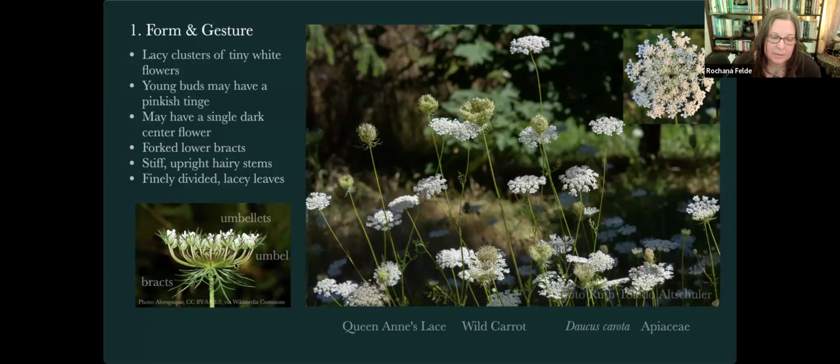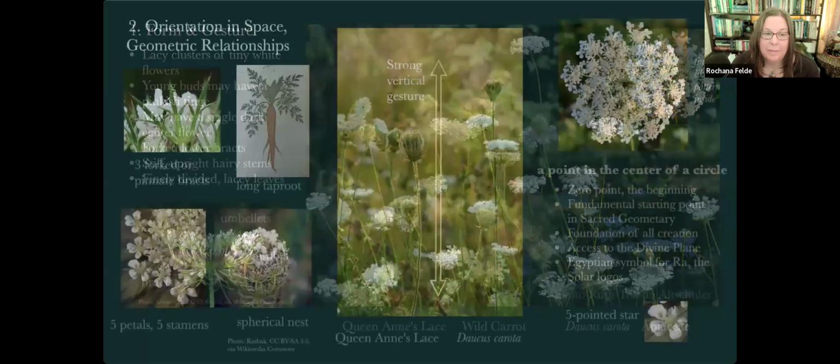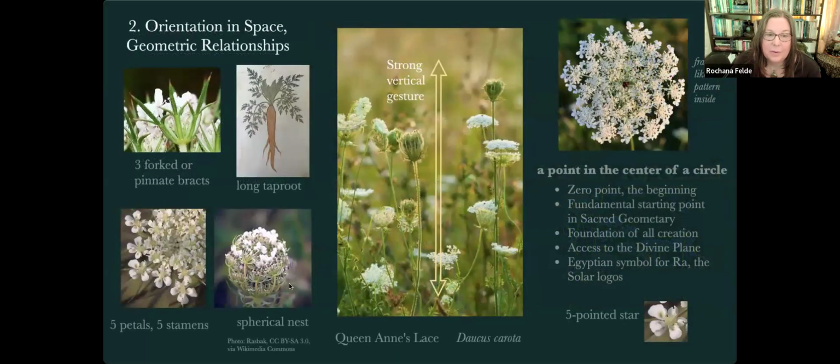It's made up of an umbel, and each umbel has many different umbellets, and that's a common characteristic of that family. But what's unique with Queen Anne's lace is that it has these lower bracts, and that is also helpful in identifying the plant. So that orientation in space, we just saw that it has that strong vertical gesture with both